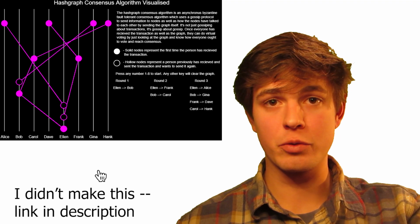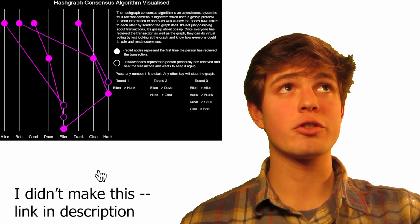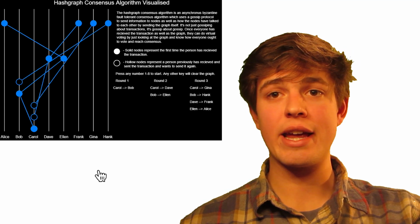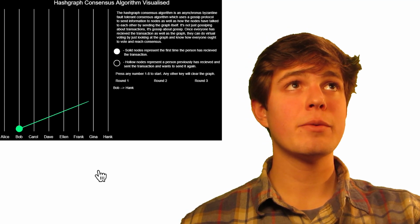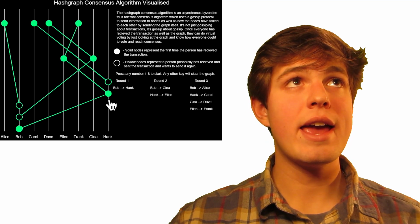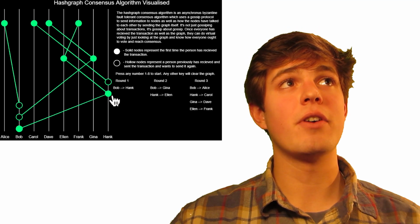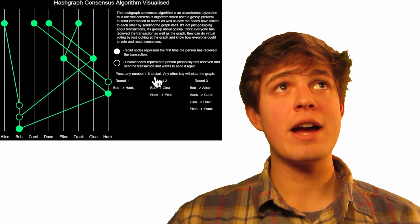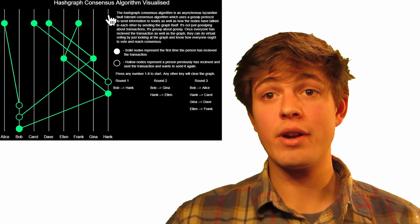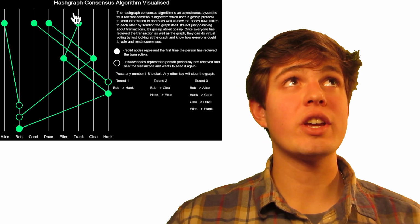Right here is a pretty good visualization of what a Hashgraph is. You can see there are names at the bottom of the screen. That doesn't actually relate to Hbar. It just makes it a little easier to understand the whole gossip protocol. You can see with this example here, in the first round, Bob shared the info he had to Hank. Hank then shared the info that Bob gave him and his info to Ellen. If you go round by round here, you can see by the end, everyone should have all the information that everyone else does. That means it can form a consensus and form a new block, which it can then branch